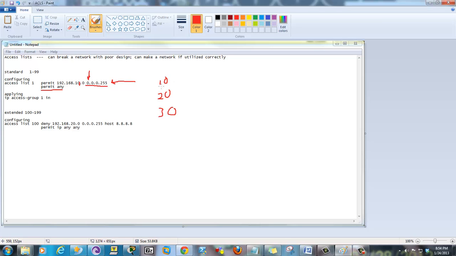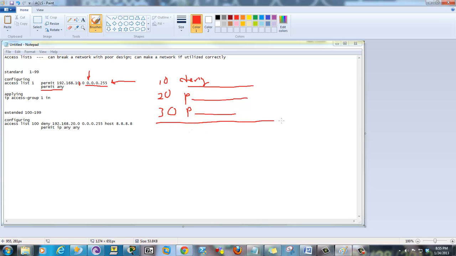So when you get to the 10, 20, 30, this might be a deny something specific, and this might be permit. Well, this might be permit everything else that the deny statement doesn't cover, and then this permit statement had better say permit everything else, or it might be something specific like permit a particular IP address or what have you, and then you might have permit all. If your last statement in your access list isn't an explicit permit everything or deny everything,